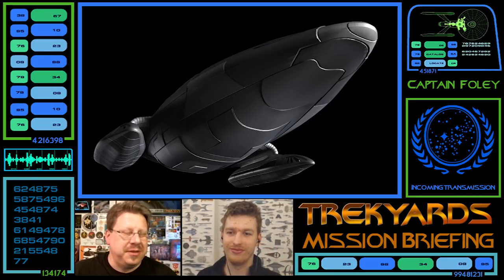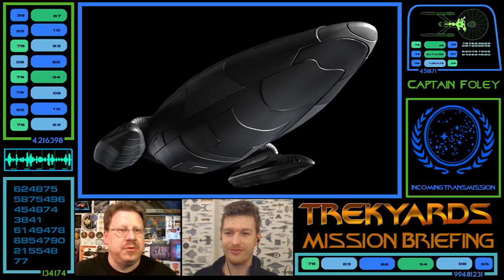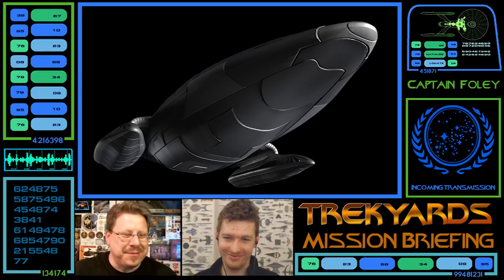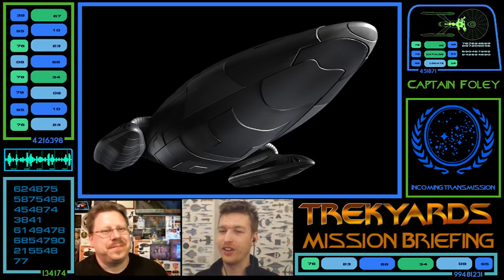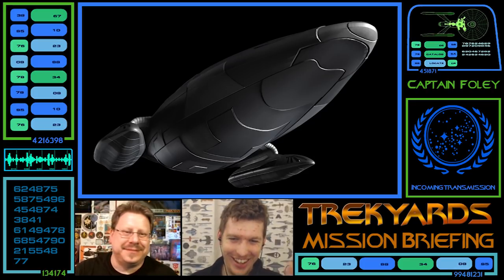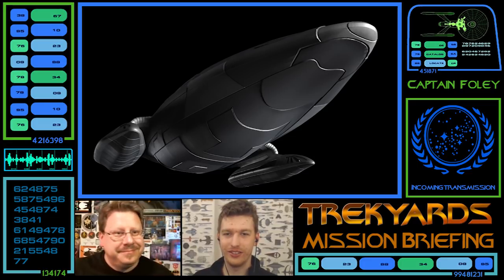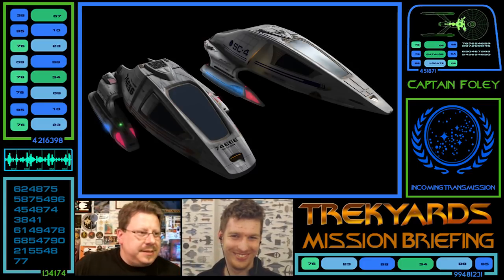Ironically enough, with the armor, this thing could literally be a speedboat of today. Just look at those curves on the bottom of the pontoons. I can see this skipping along the water at top speed. And would you not want to ride that? Would that not be a cool hot ride? Yeah, let's do that. Somebody make a Voyager shuttle now. Let's do it. Do it. And the next shot is